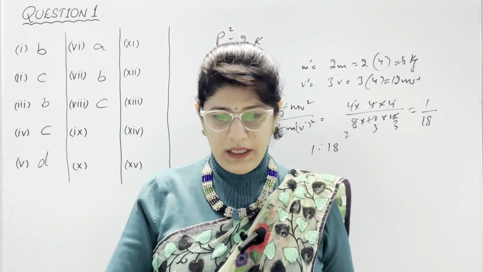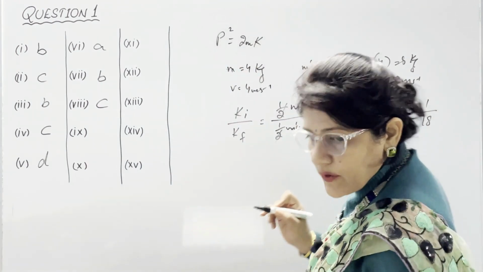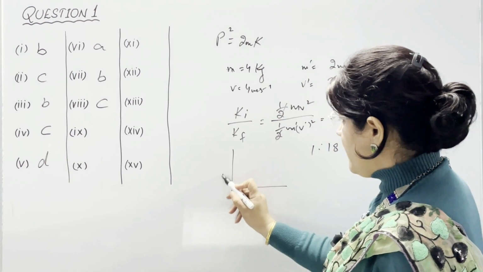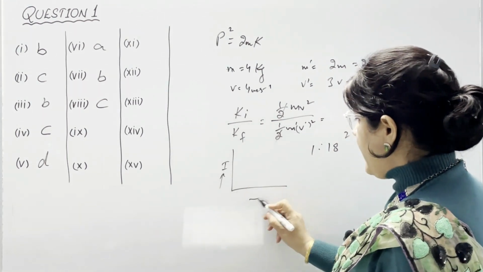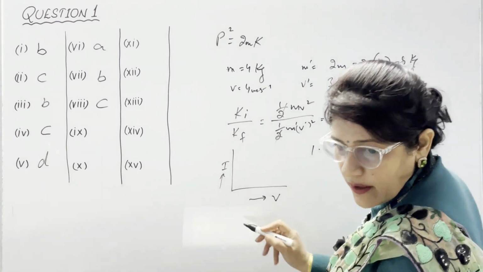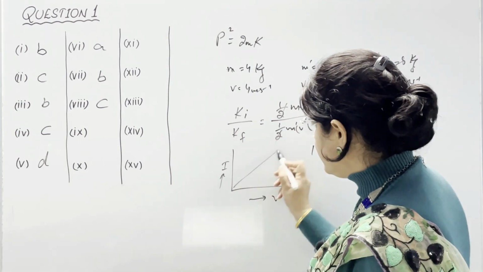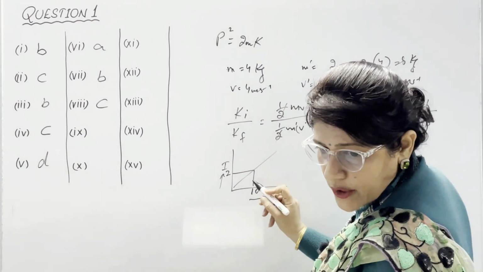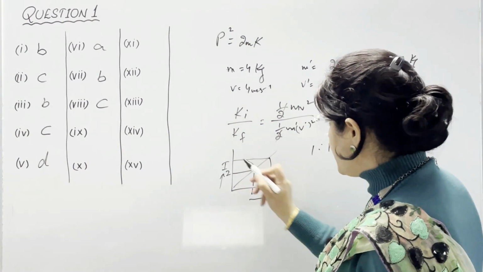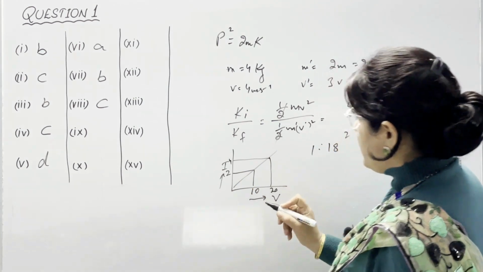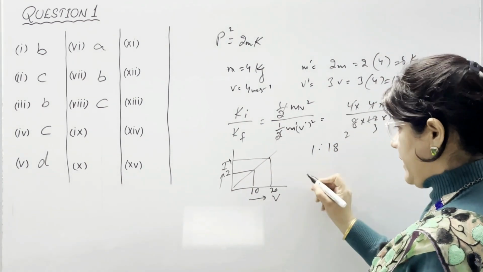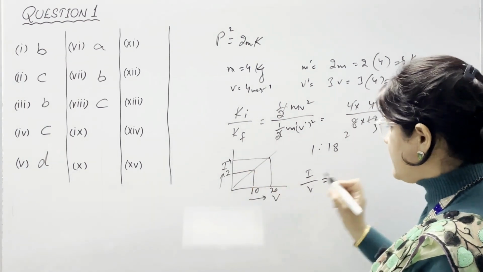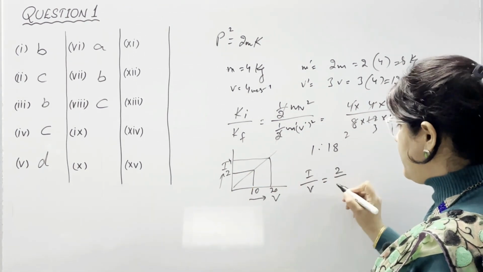In 9th part, a graph is drawn. Find the resistance of the conductor. Here in this graph, you can see on y-axis they have taken current. On x-axis, voltage is there and the readings are 2 and then 10, or you can say 4 and then 20. But we know that this graph shows conductance. This is IV graph. It means this is showing conductance. If we take y-axis, the value is 2 upon V, it means 10.